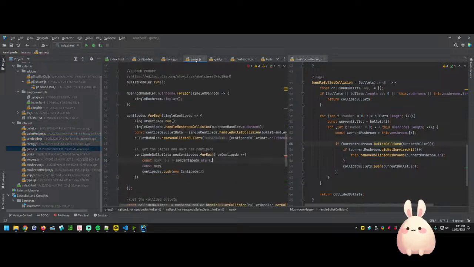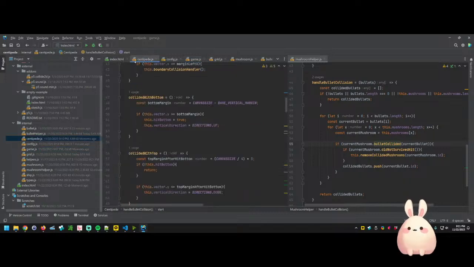So we want start.vector.x, and it's going to be the same thing but y instead. So new start is going to be the new x, new y, speed of 2, and the length is going to be equal to